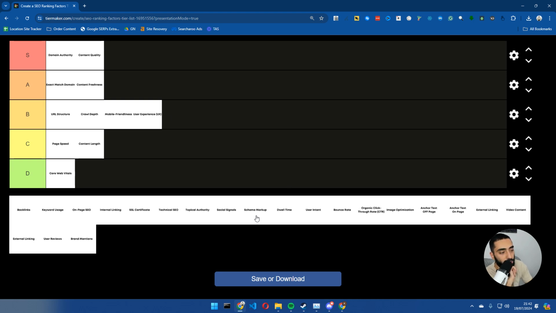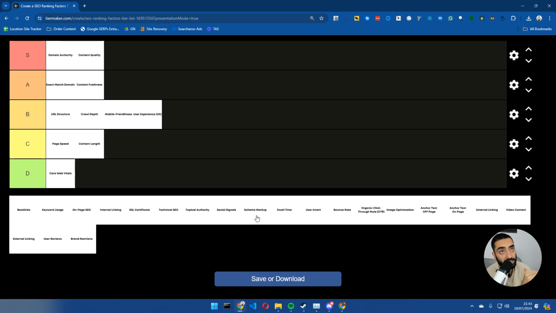We then have got schema markup. By the way, I'm just picking whatever I see first. Schema markup can be important or more important for certain websites. Let's say you're a local business. You can obviously include local business schema that will definitely also help your Google business profile rank higher. If you are an e-commerce store, you can do product schema. If you are an affiliate website, you can obviously do review schema as well.